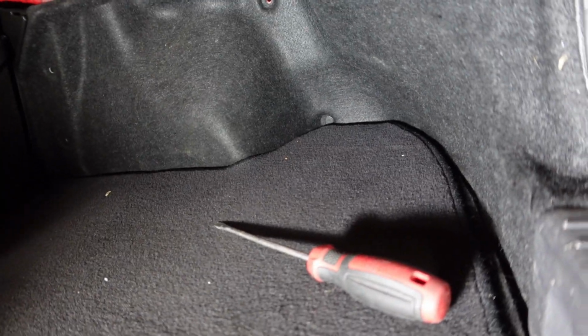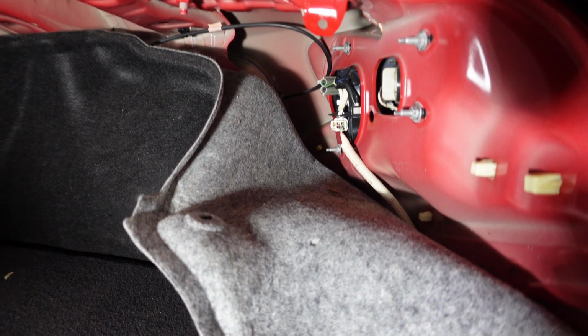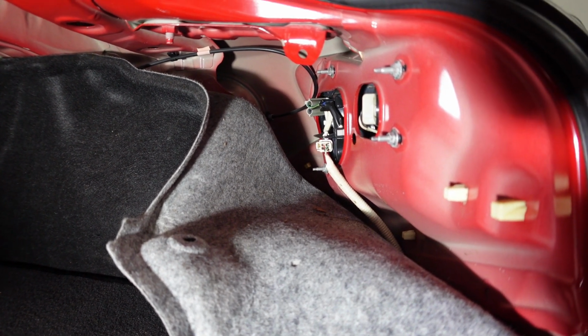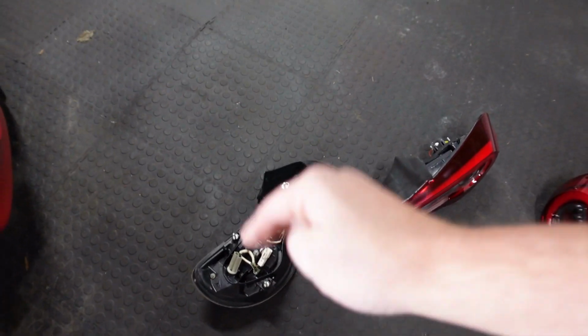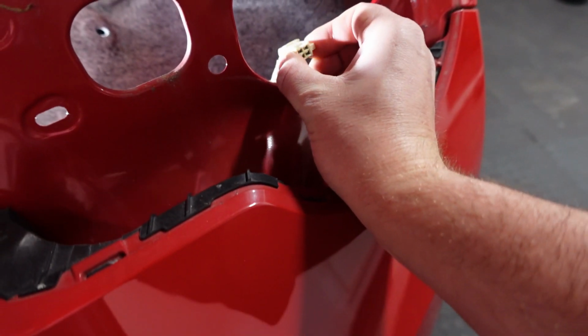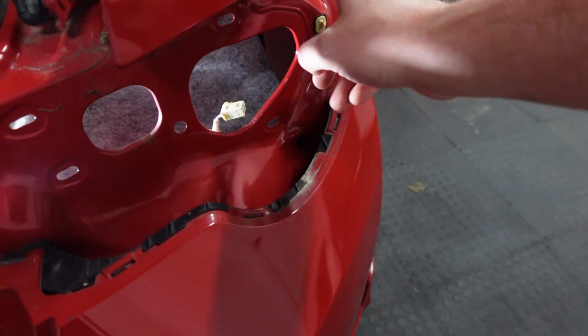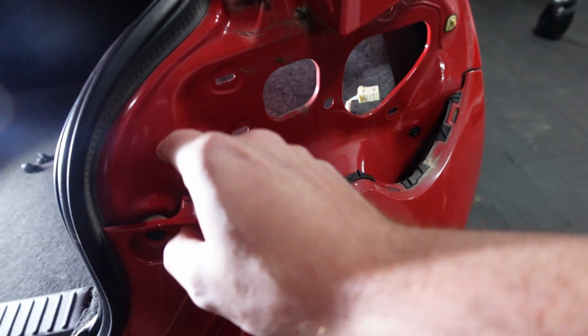Okay, so right there, and I think they're 8mm. I think there's 4 8mm. Do you guys see those? 1, 2, 3, 4. Super simple. Then there is one clip right here, and you just push on this little back of the clip, it comes out. I'm going to use some cleaner and clean along here so we have a nice flush surface, beautiful, when